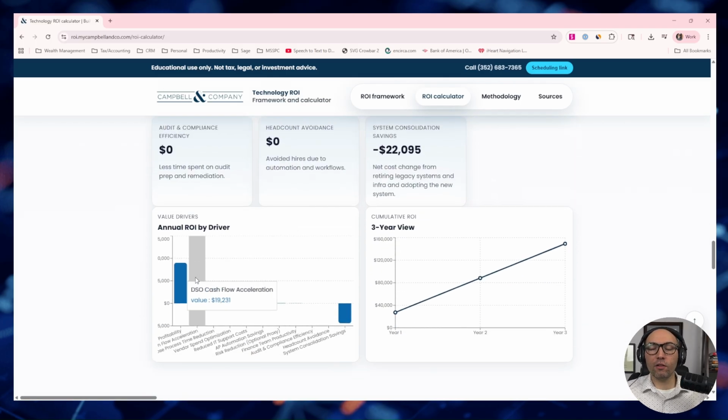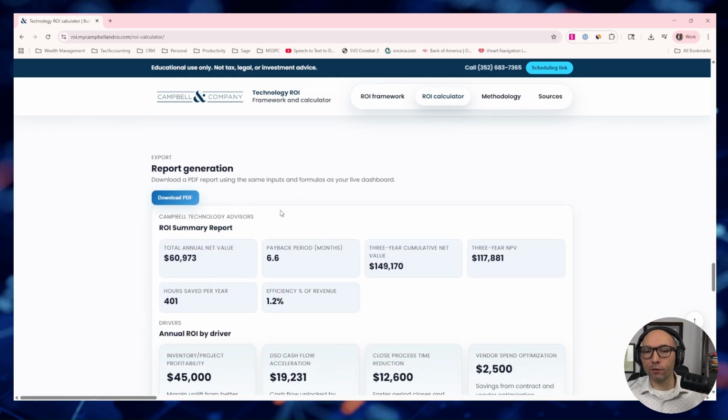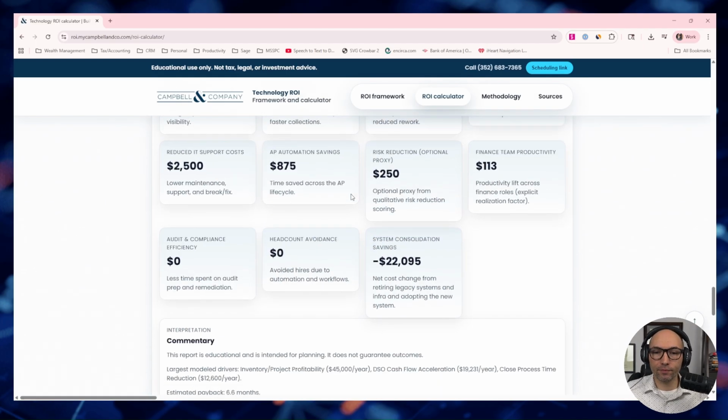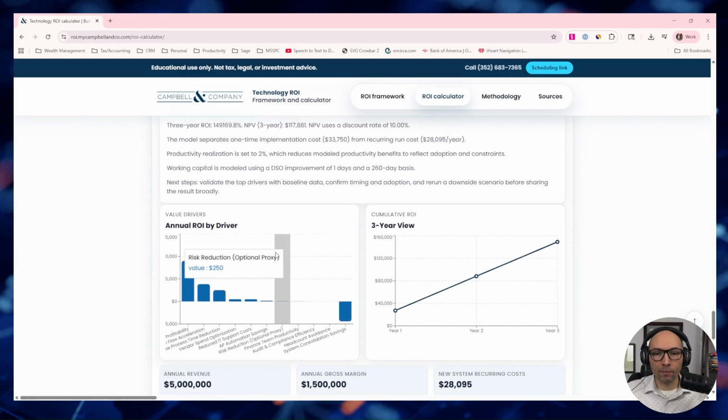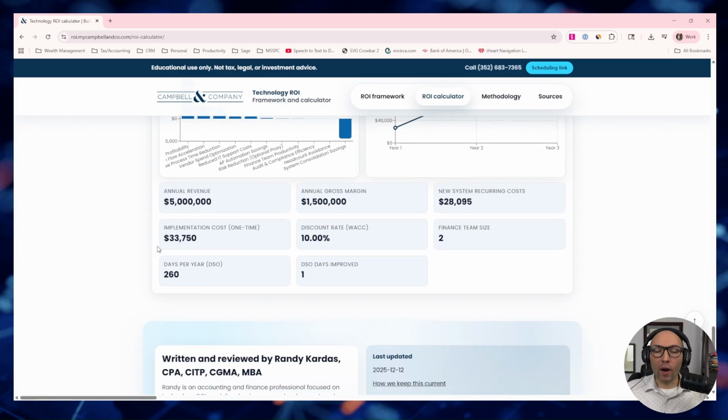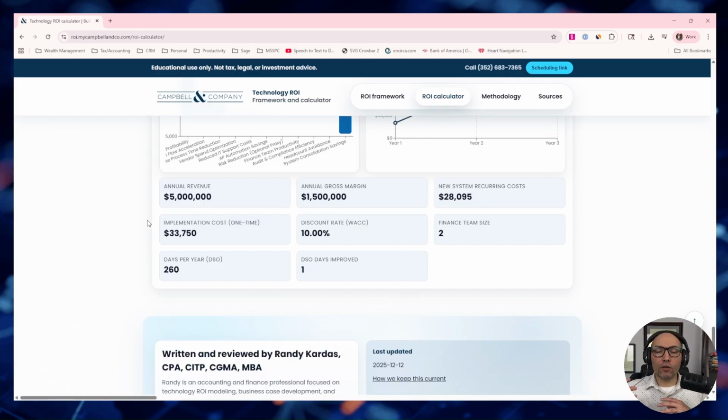Even below, you can see some other great KPIs for this. And of course, the ability to download this to a PDF for yourself. We have some good commentary at the bottom to help give some color to everything that you've plugged into the model. And of course, now you have something tangible that spells out exactly why you should move forward with your technology investment.